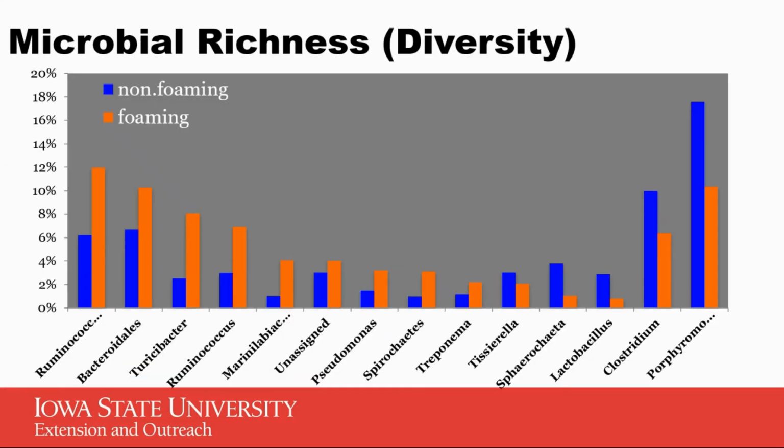I think this is kind of a good representative slide, and obviously it won't go into any of the specific microbial families and classifications across the bottom, but I think it goes to show just how different and diverse those microbial populations actually are when we look at a non-foaming pit versus a foaming pit. And really it's two different pictures as far as what type of microbes are making up the pits in either scenario, right?